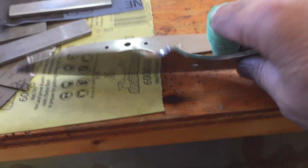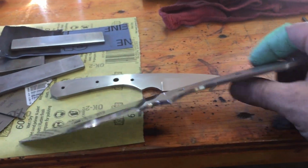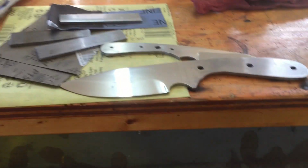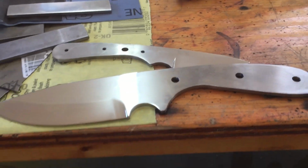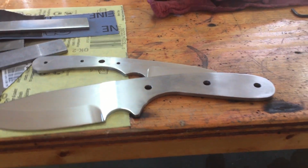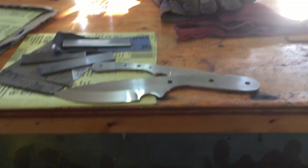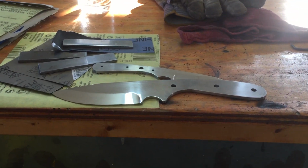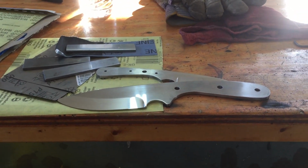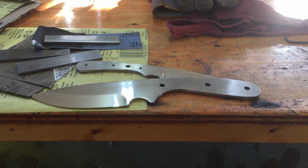Okay, this is not spoken for yet. I know I don't have a handle on it, but first, let me tell you what I'm going to be asking for Dorcheat. This is the biggest knife I'm making and the fanciest knife I'm making. And I don't know if you remember the last one, but it just came out gorgeous. I asked $150 for it, and it was a plain Jane sheath. It was a nice sheath, but there was no tooling on it. This one, I'm going to make it...